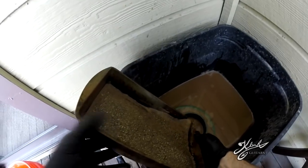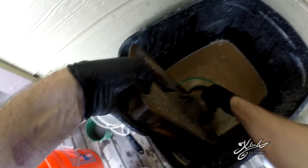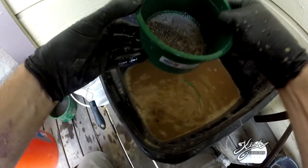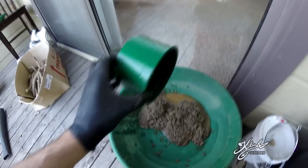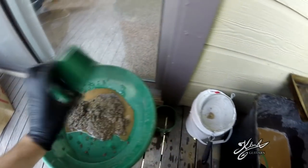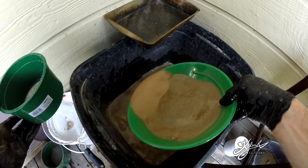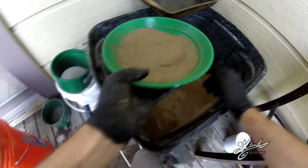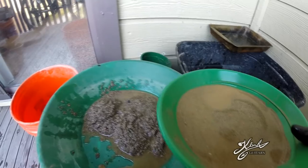The 20 mesh, I'm just going to skip that step. We're just going to do this. All right, this is the end of our plus and minus 30 here. Putting the plus 30 right here, and the minus 30 is right here. I should have put the minus 30 in the bigger pan, but we'll switch those around and